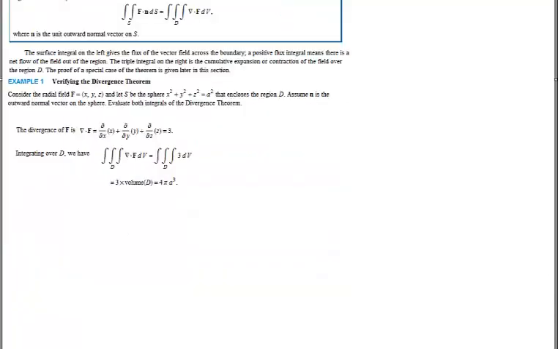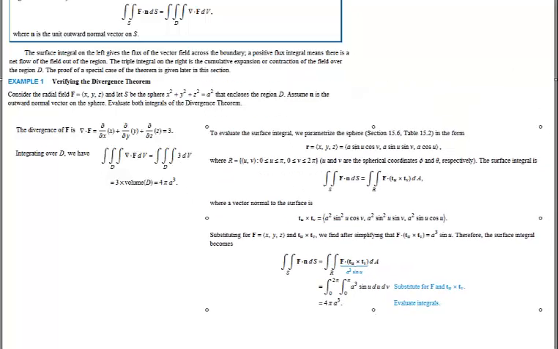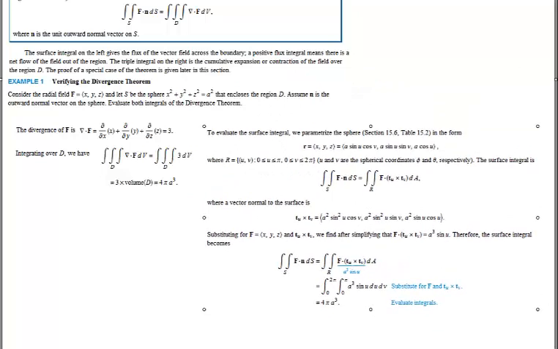All right, in the first one that we're going to do, we're just going to do it using the triple integral, and we'll take our partials and then we'll substitute into our triple integral and we'll get 4 pi a cubed. Going ahead and parameterizing it, what you'll end up with is